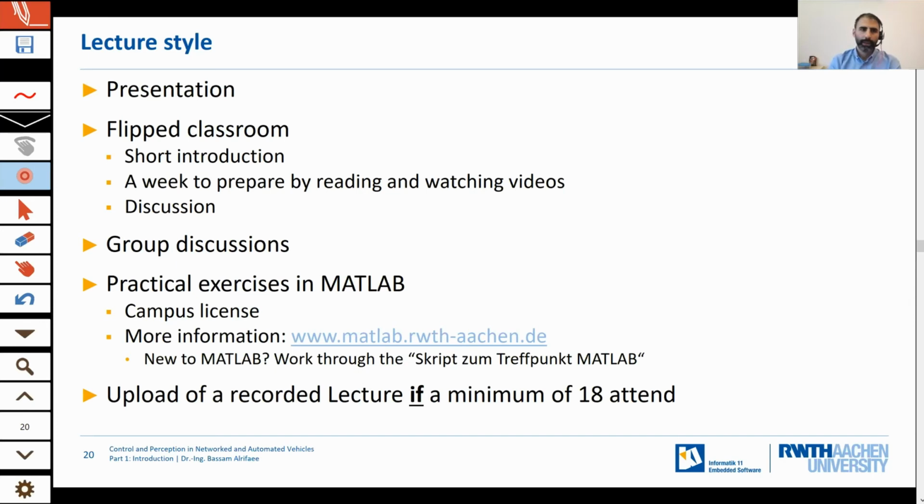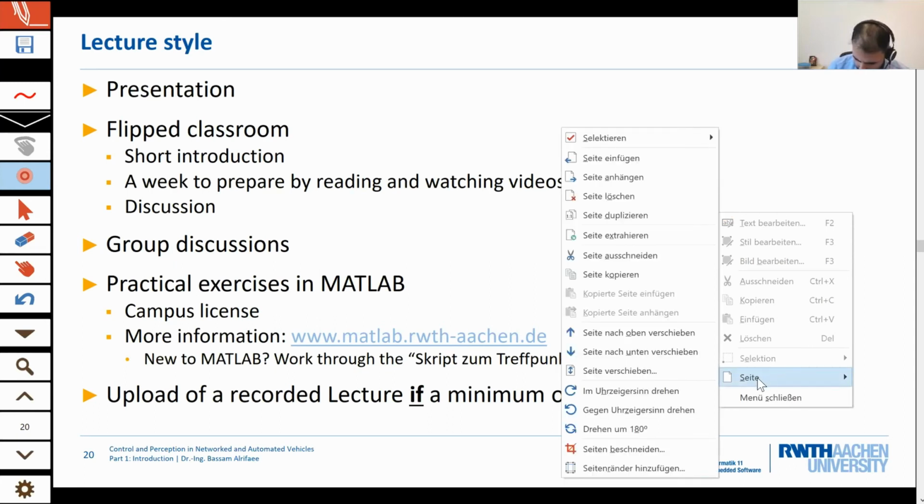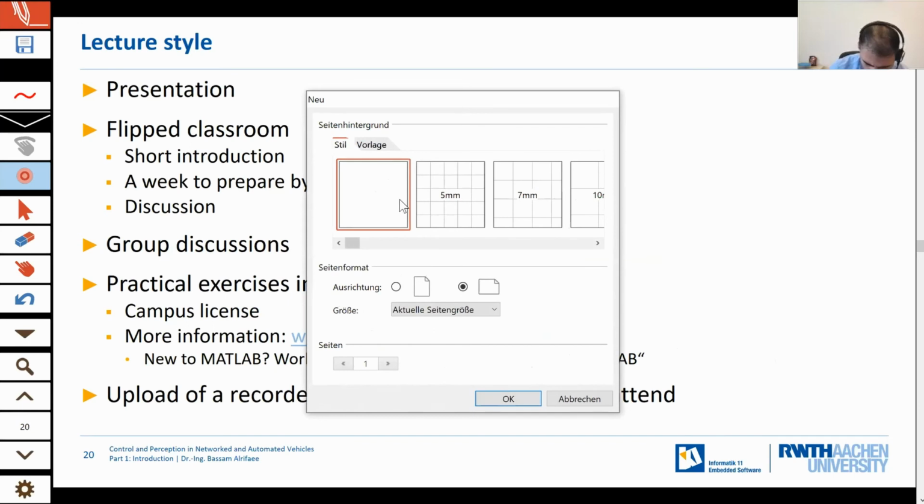So in the groups, you will work in teams of 2 from 2 different study programs. So a team of a group will present the topic. So maybe I'll explain it in more detail,